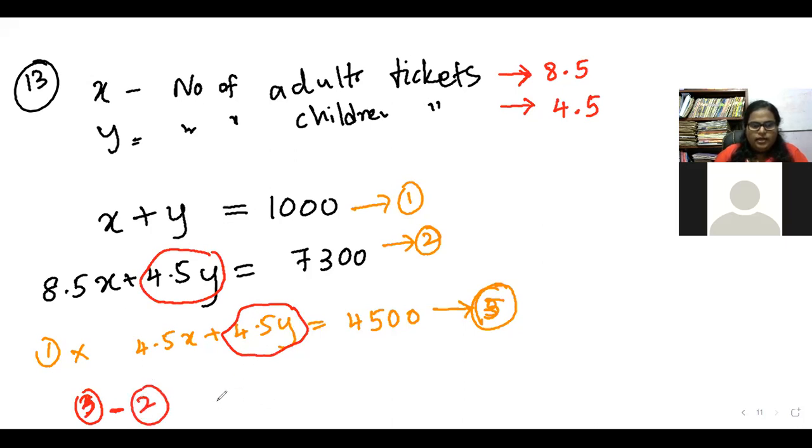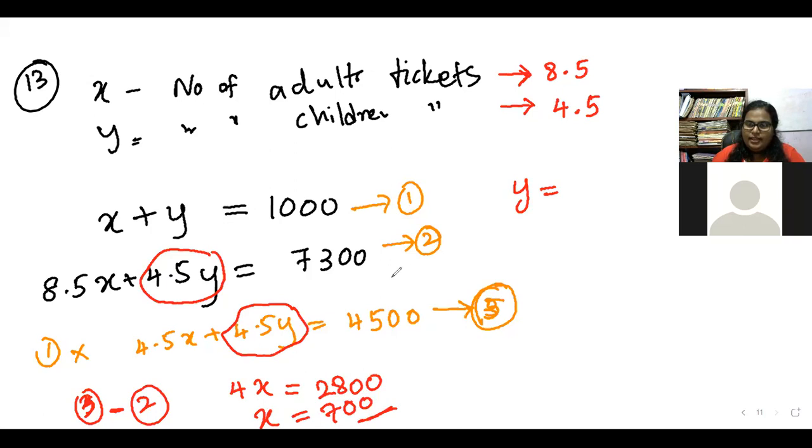So we can end up with a solution like 4x equals 7,300 minus 4,500. So it is 2,800, and x equals 700 here. And after finding this x, we can find y by